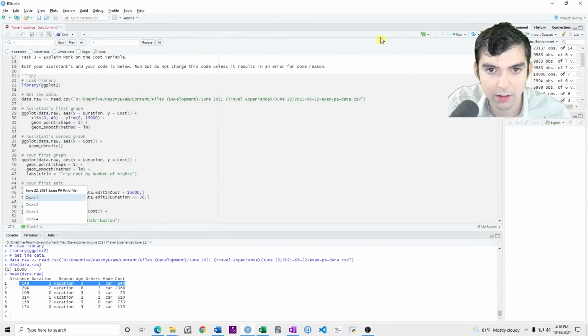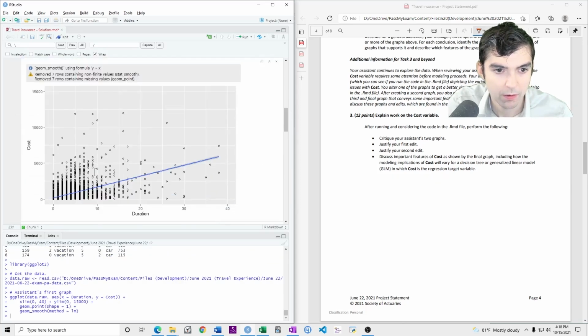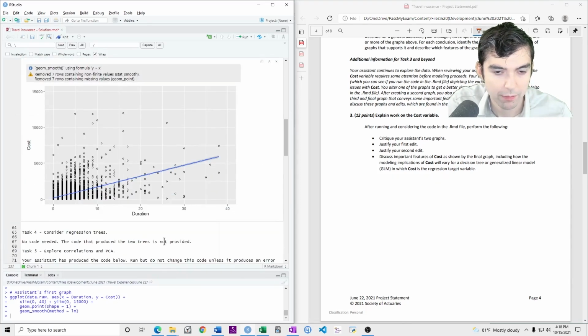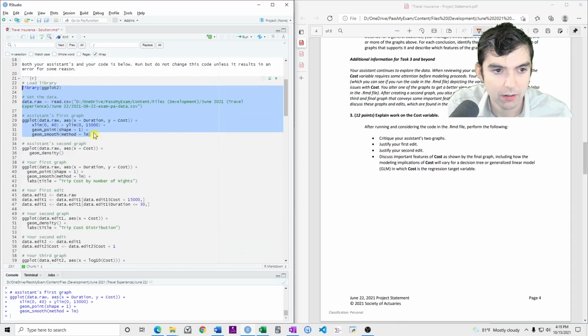Let's see. So, first edit. Right here. So there I see the graph. So there's the cost on the x-axis, a cost on the y-axis, duration on the x-axis, and yeah.